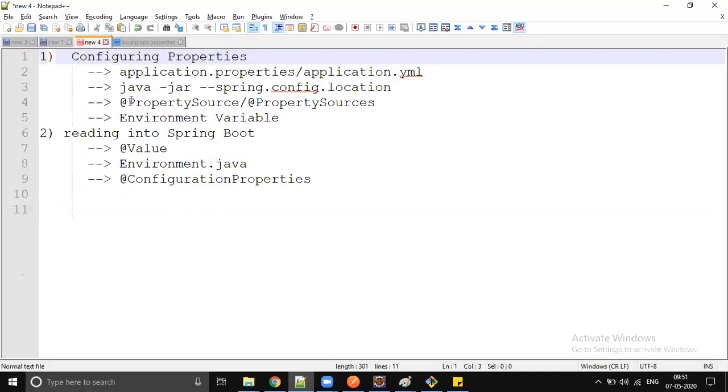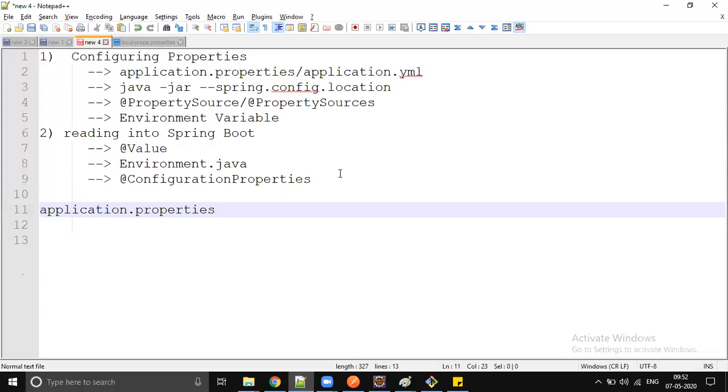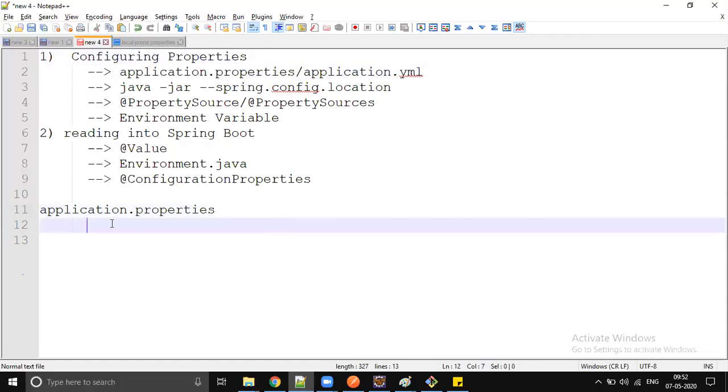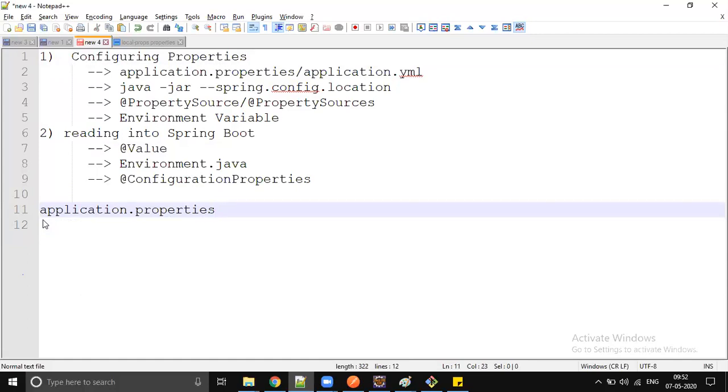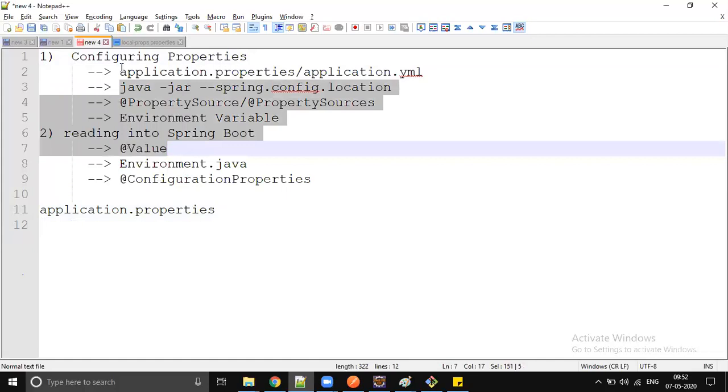Most probably, don't do all these things. Go ahead with the default configuration, application.properties or application.yaml file. Don't use the others unless you see a specific requirement. Don't implement all your Spring knowledge in your project, right? Go with the default structure. What will happen is it will create better readability and easy maintenance. Tomorrow some developer is coming and is going to work on your Spring Boot project. If you configure the details in application.properties, by looking into it he may not know all these details, but at least he knows the minimum requirement.